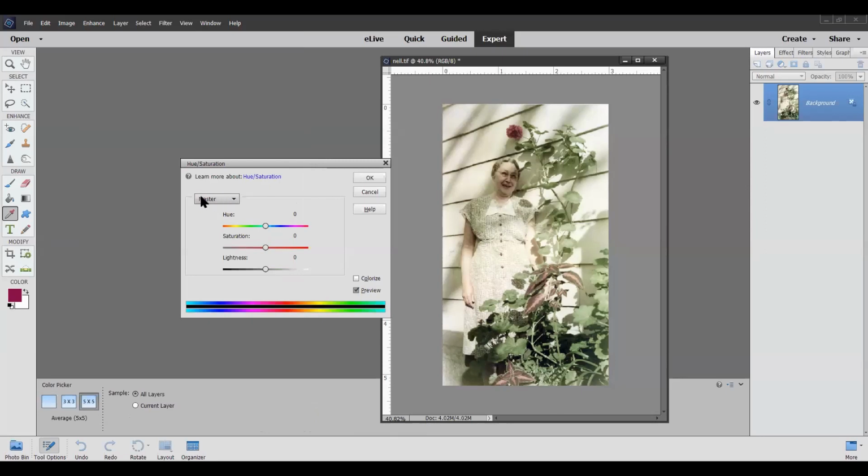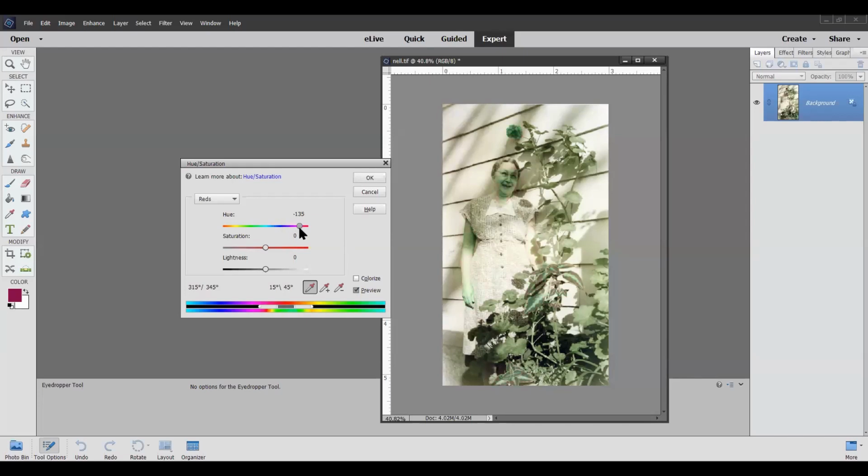And it says over here in the drop-down box, it says master. But if you click on that, you get other colors. Let's click on the red. Now, I want you to look at that rose there, and we're going to move the hue and saturation slider, and I might exaggerate it just so you can see what's going on, because it might be too subtle for you to actually see that rose. So I'm going to probably exaggerate it just a little bit more, but you should be seeing when I move this back and forth,